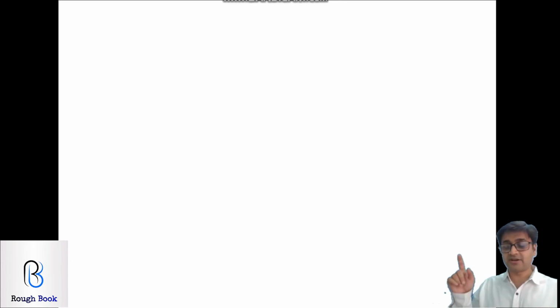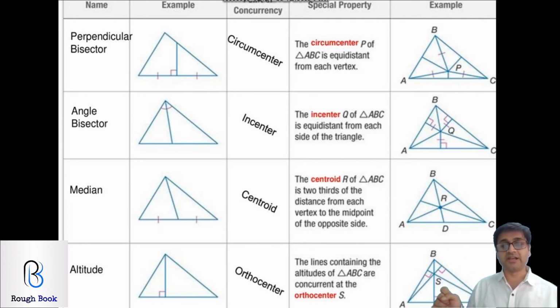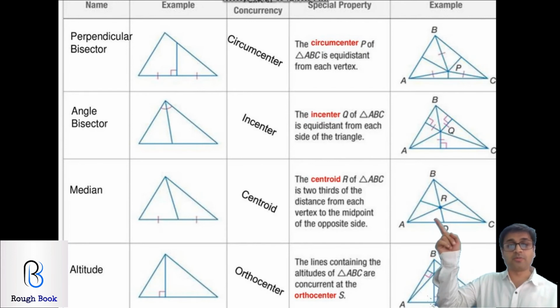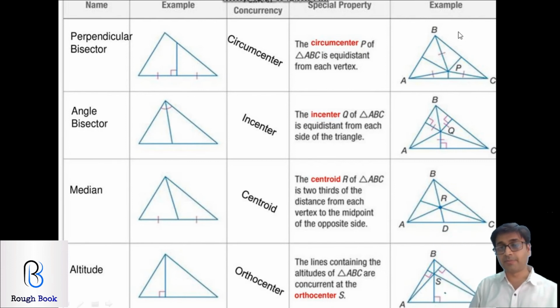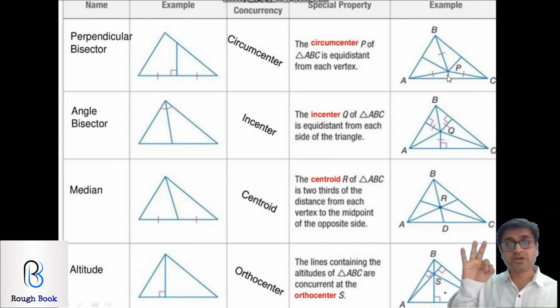So let us try and understand all of that with the help of this chart. So what does the chart tell you? So the chart, if you look at right on top over there, perpendicular bisector. When I draw three perpendicular bisectors, the point that it intersects is going to be equidistant from B, A and C, because now you can draw something called a circumcircle. We just now did it. And if it is a circumcircle, that means PB, PA and PC are all radii, so all three are equal. And point P is called the circumcenter.